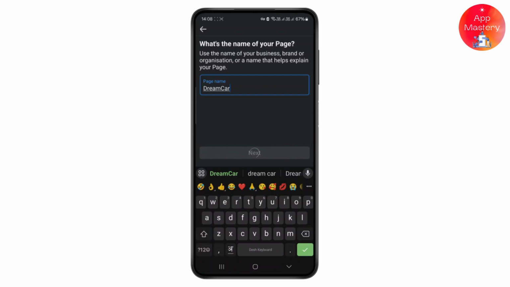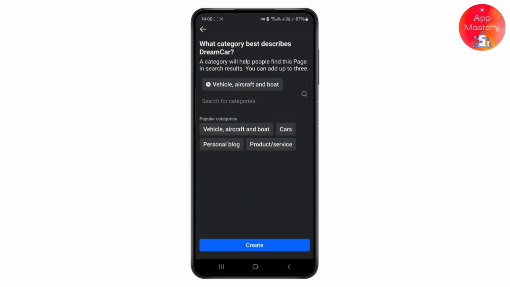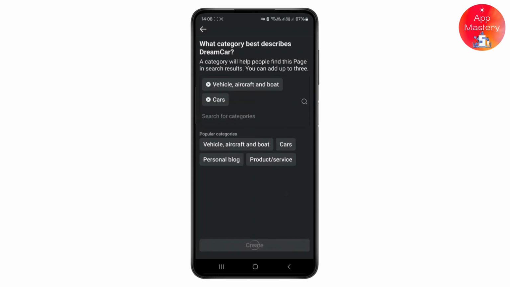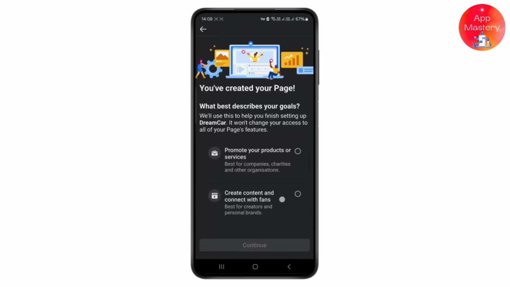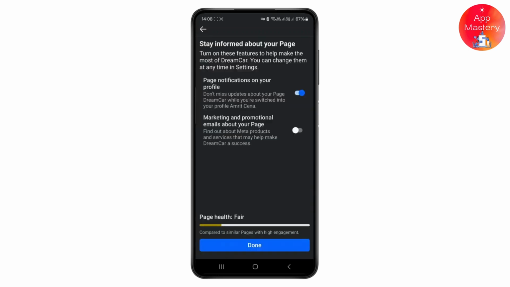like this, and simply click on next once you do that. And as you can see, it will ask you about the categories, and you can simply create it, or if you are selling a product or service, you can click on another icons options over here and simply describe your page like this, and simply click on continue and give yourself a nice profile picture, and simply click on next